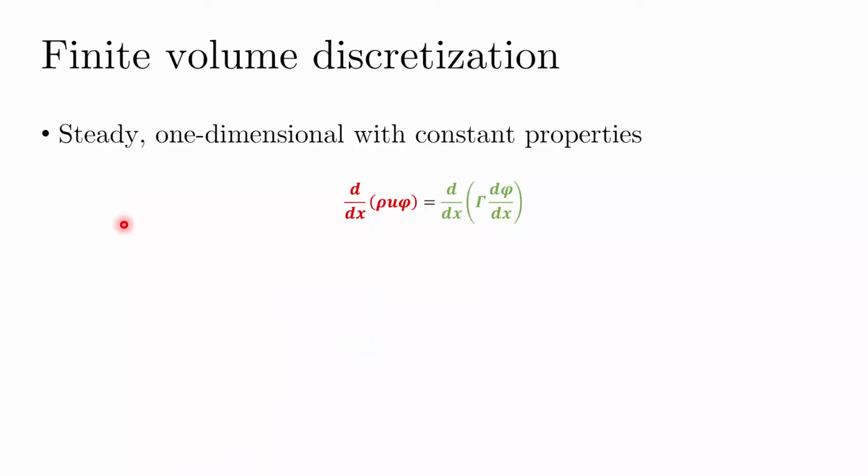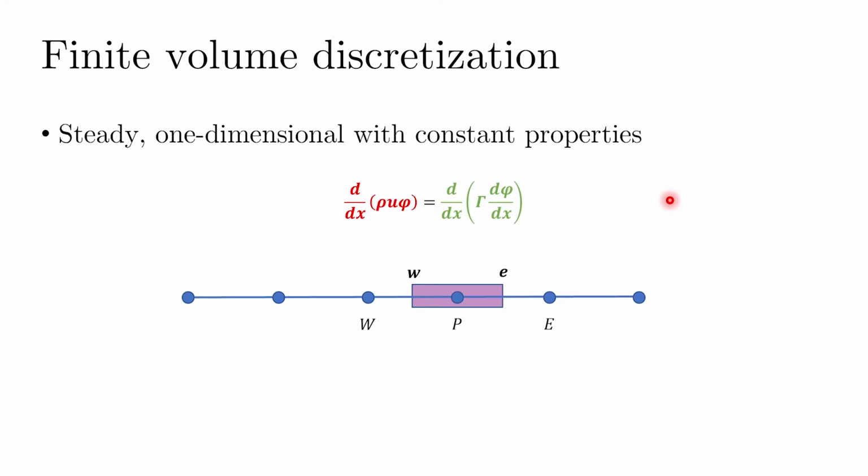So now let us look at the finite volume discretization. Again, we are going to take the example of a steady one-dimensional case with constant properties. The governing equation is given by this red and green equation. Here again, if I take the one-dimensional grid system that we have adopted for the conduction problem, we know that the point of interest would have a small finite volume around it with faces small e and small w. And again, the principle remains the same, that we consider our finite volume and we volumetrically integrate the governing equation.